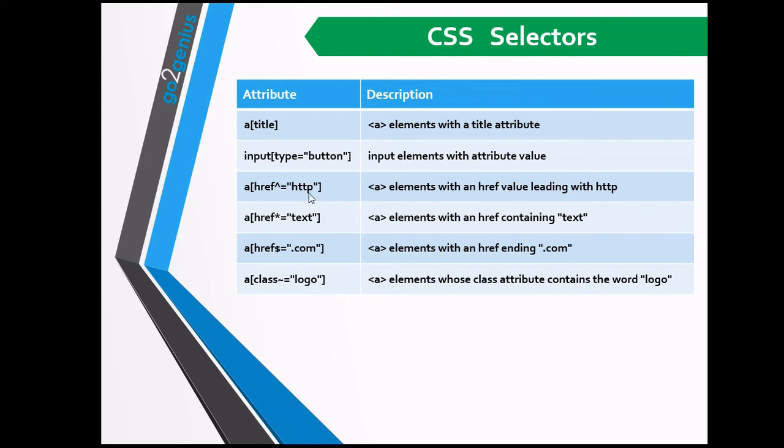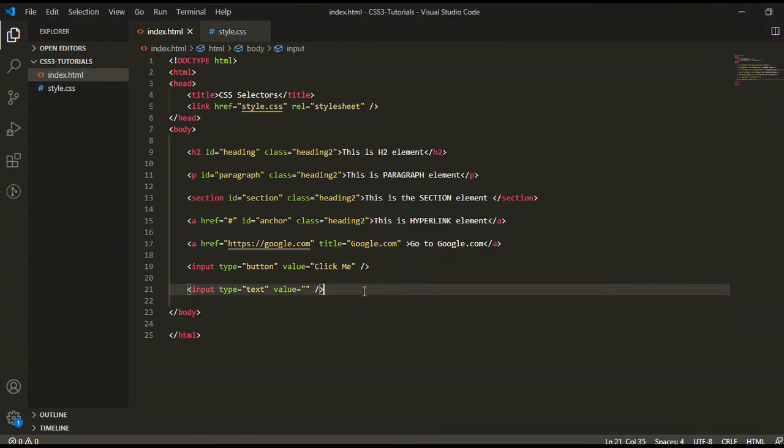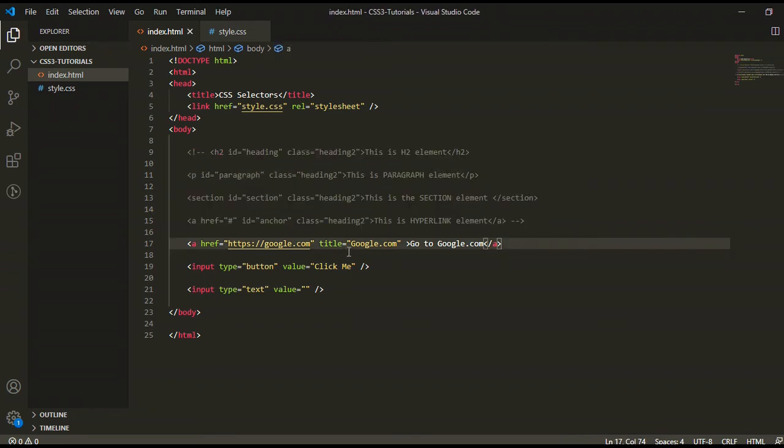So let's see how. I'm just commenting this code, and we will see we have this anchor tag with the attribute href and its value starting with HTTP.